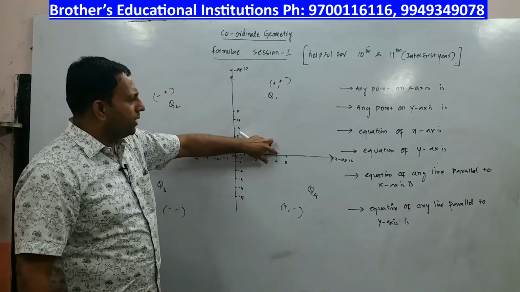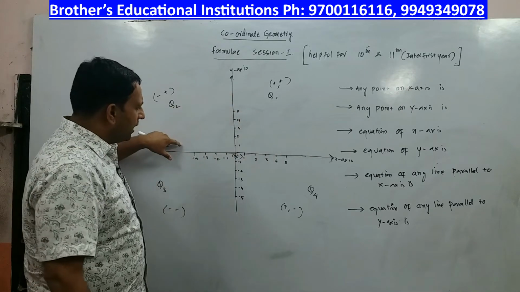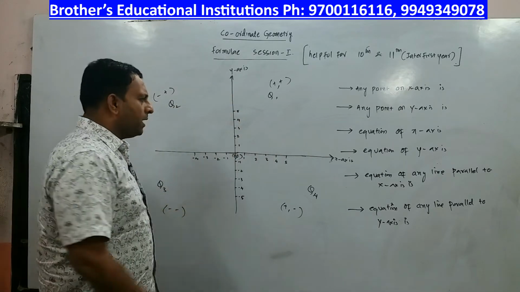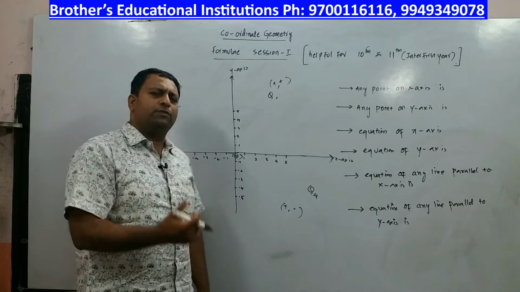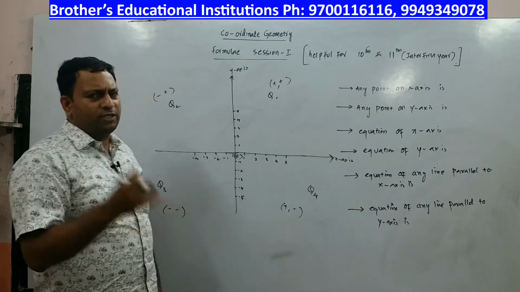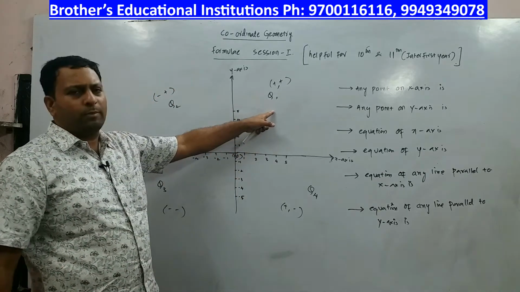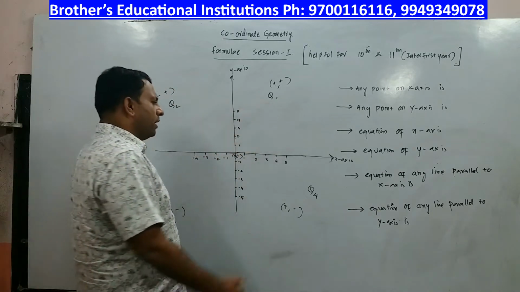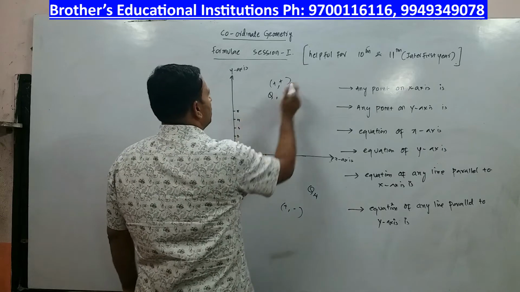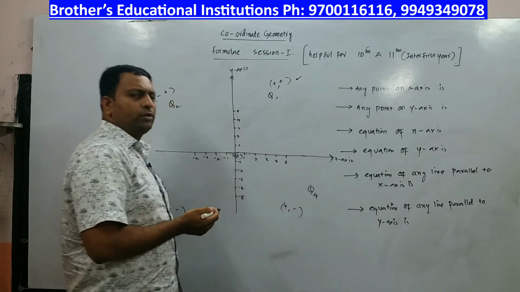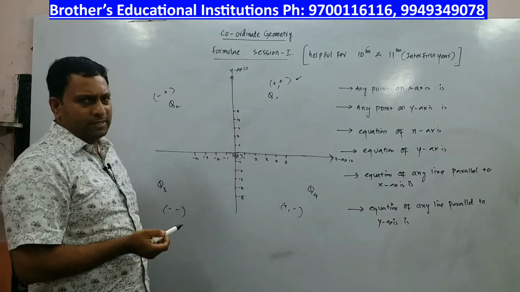This is the positive x-axis, positive y-axis, negative x-axis, negative y-axis, and always a point is referred first with respect to x, whichever quadrant you are in. So if I am here, I am calling it quadrant 1. In quadrant 1, x is positive, y is positive, so any coordinate you take will be of the form (plus, plus).